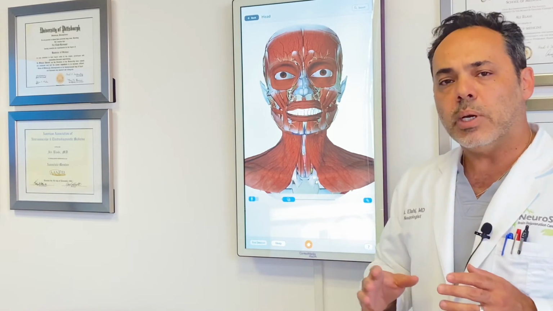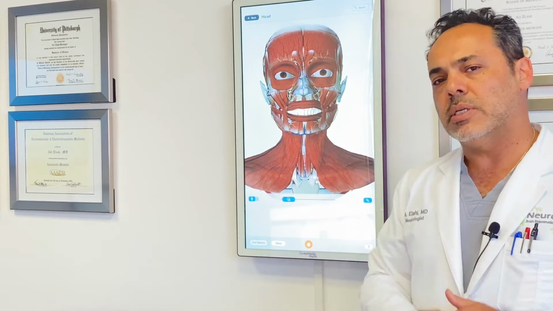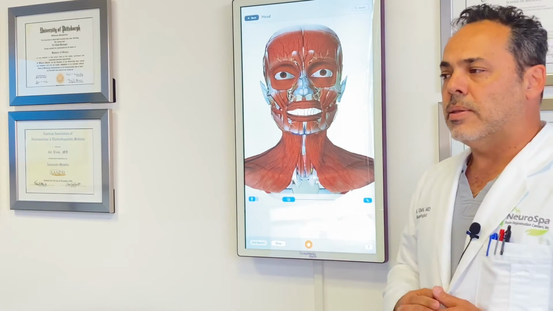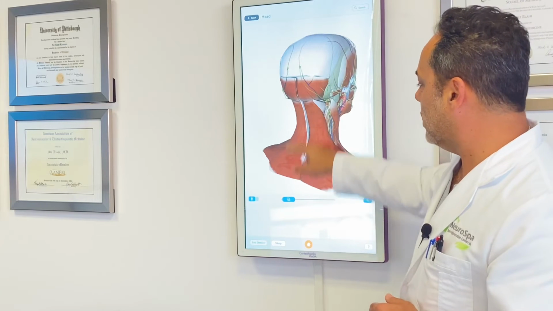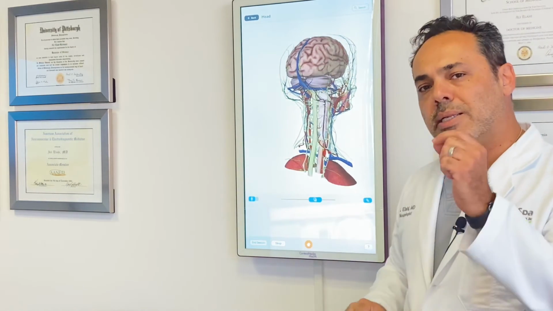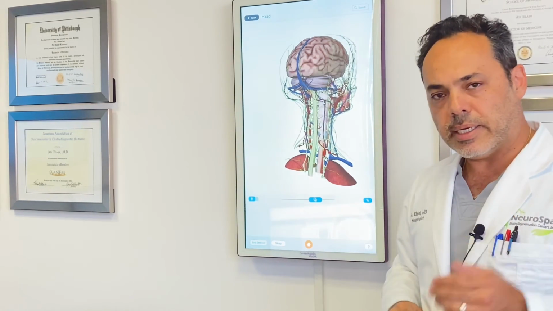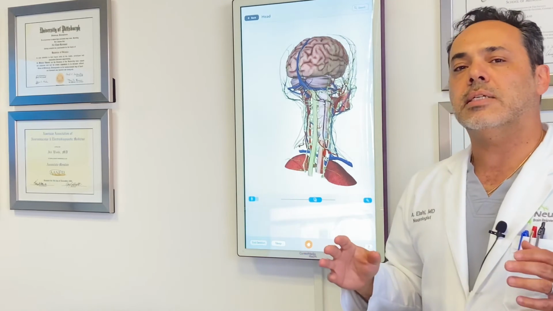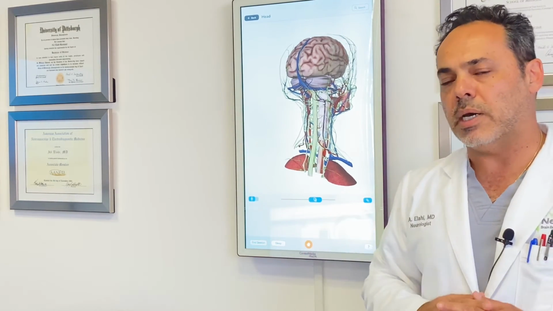It can be extremely helpful for patients who suffer from migraines and are just sick of taking medications that lead to side effects. There's also stimulation strategies whereby we can actually stimulate the back of the brain with certain parameters that send little electrical shocks that change the abnormal circuits that lead to headaches. So it's a fantastic day for patients who suffer from migraines because there are so many treatment options.